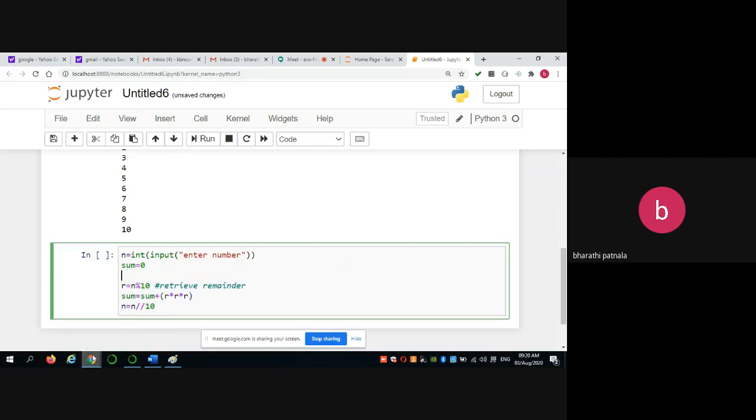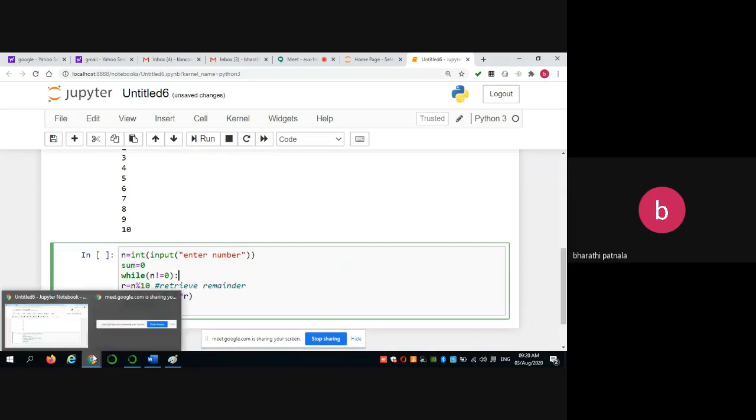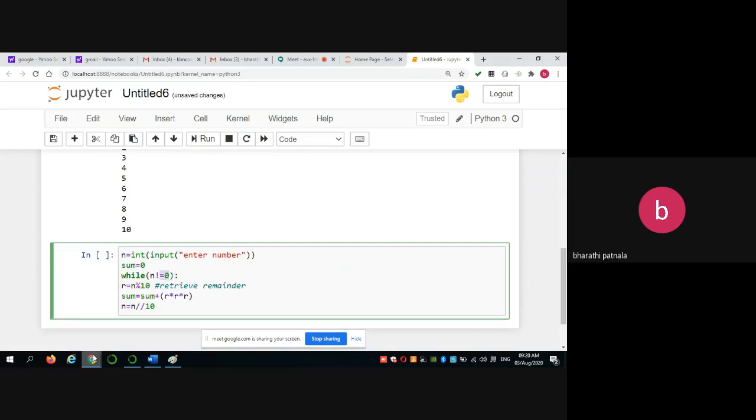Okay. So while n not equals to 0. If n not equals to 0, so this is the condition. If n not equals to 0, you have to retrieve the remainder, cube the remainder, sum it, and retrieve the quotient. Okay.